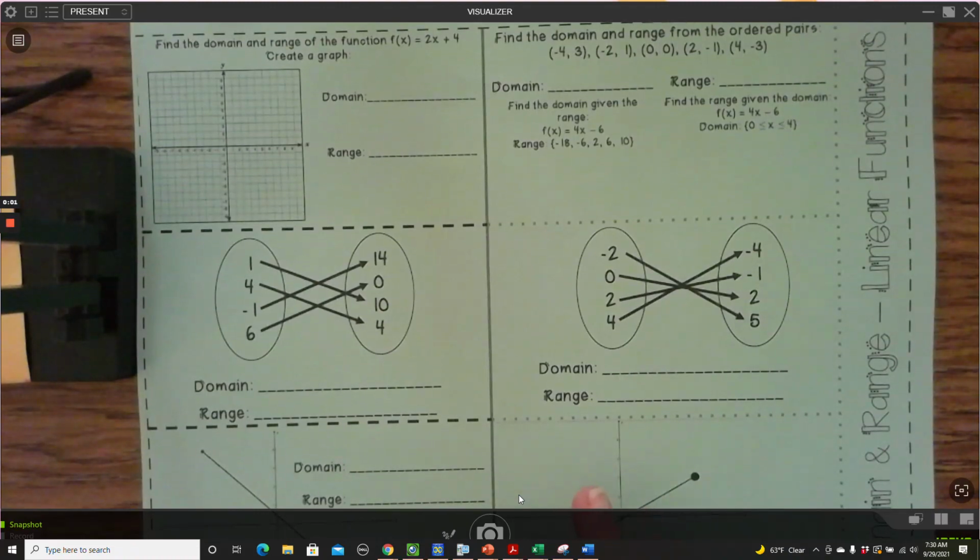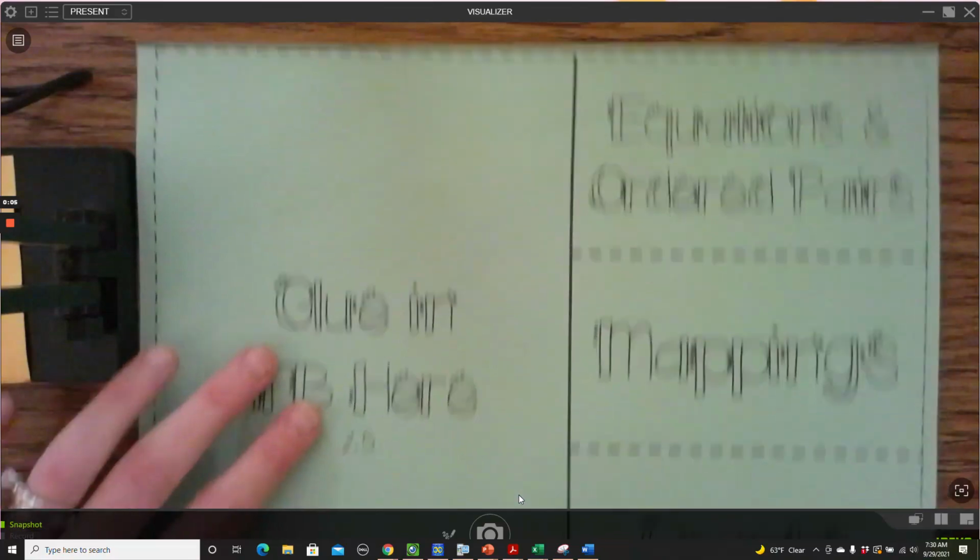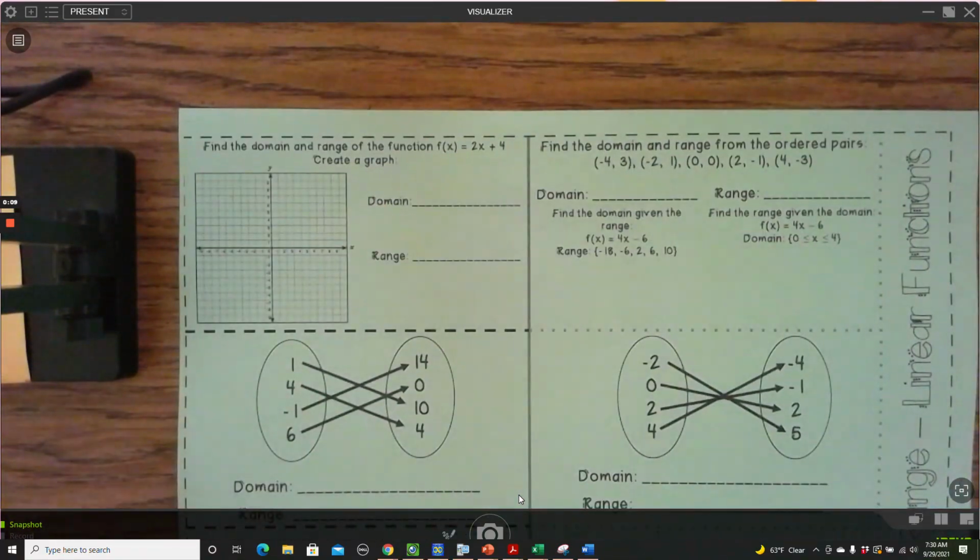This video is for the domain and range from linear functions notes. Here's what the front side looks like. So we're going to start with equations and ordered pairs. The first one says find the domain and range of the function f of x equals 2x plus 4,